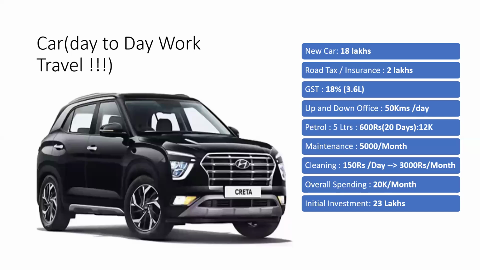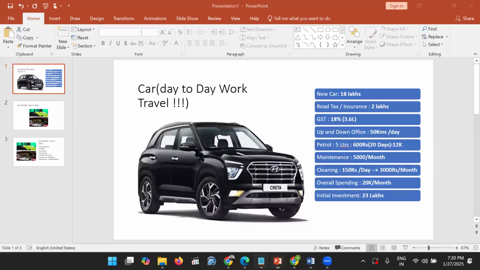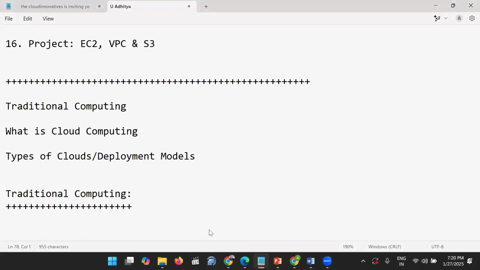Think about this example in the traditional computing model. That is nothing but on-premises, you are purchasing the servers, the storage, or the infrastructure. See, the issue in the traditional computing model is that the investment cost is very, very high, because you need to invest in the infrastructure. That is, setting up and maintaining the physical servers and the networking equipment is very expensive, in the on-premise or traditional computing model.